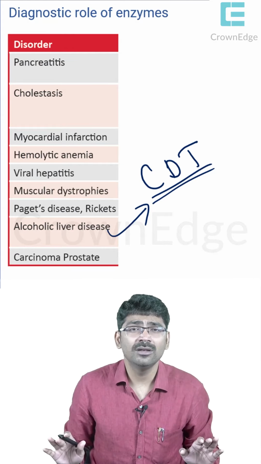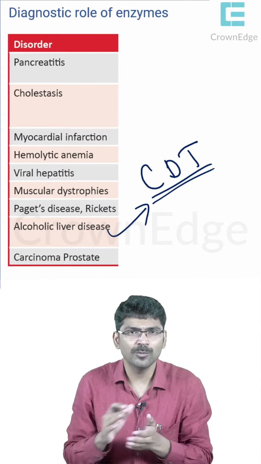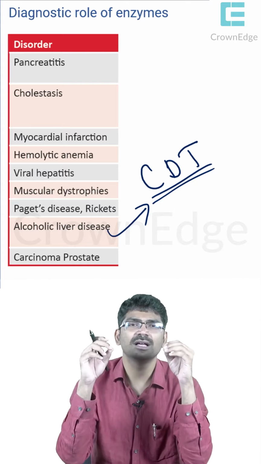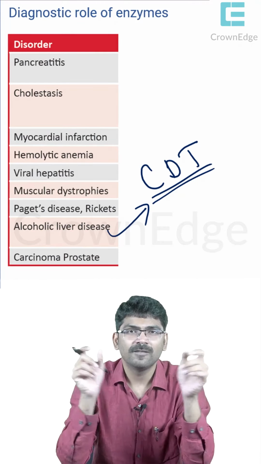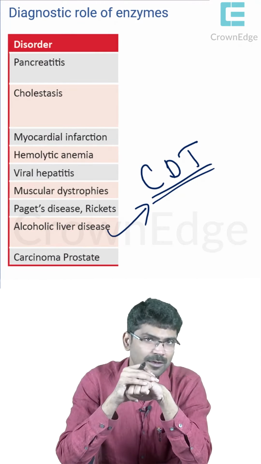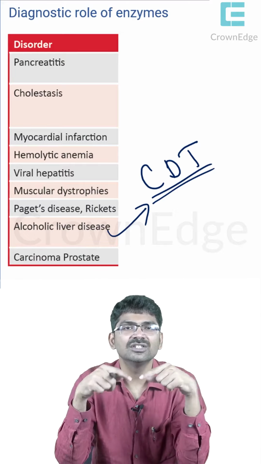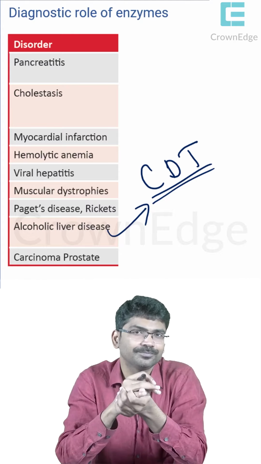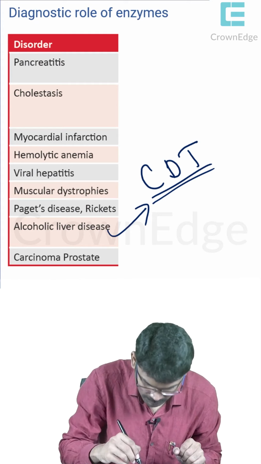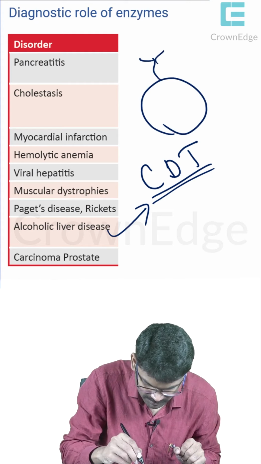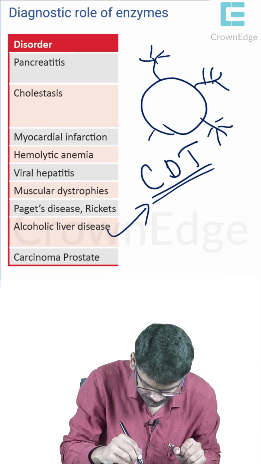So it transports iron. Except albumin, all the plasma proteins are glycoproteins. I hope you might have studied this in physiology. What is the meaning of glycoproteins? Glycoproteins are proteins to which oligosaccharide chains are attached, right? So to this transferrin, normally there will be a certain number of oligosaccharide chains attached.